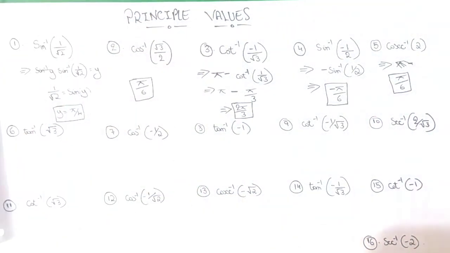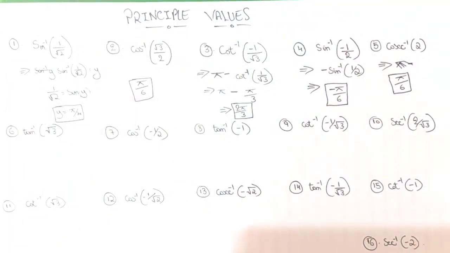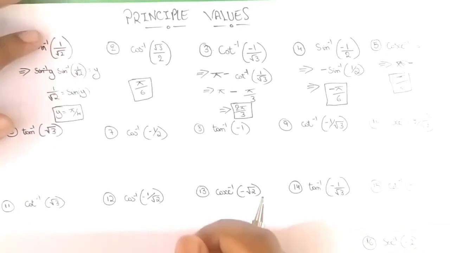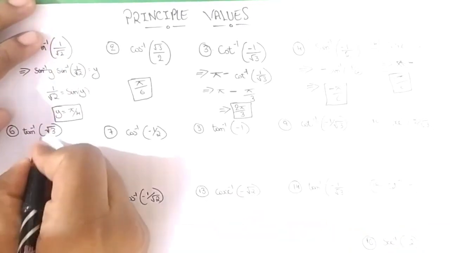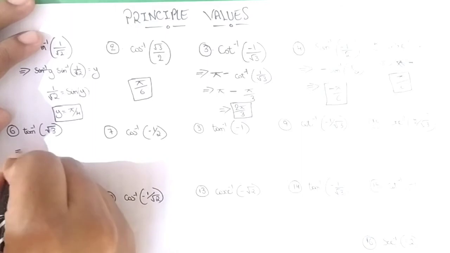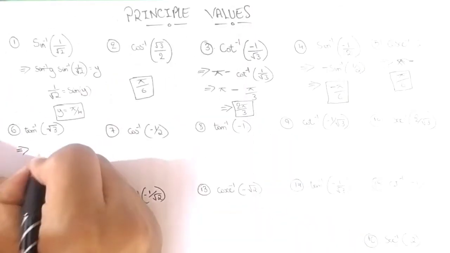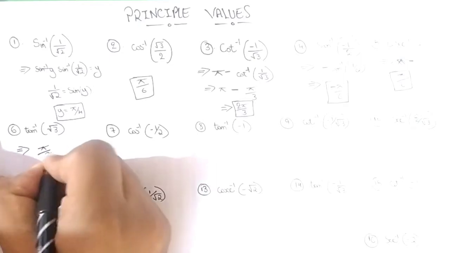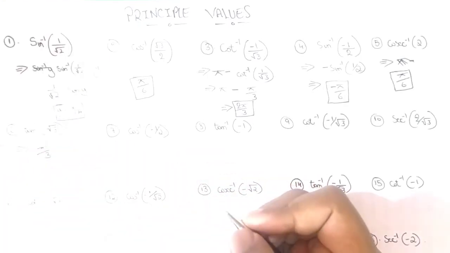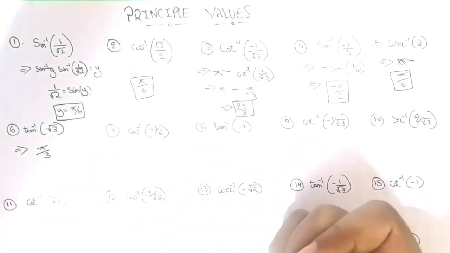Yeah, this is simple. Now moving on with the sixth question. Here, tan inverse of root 3. You know, there is no negative sign. It's all from the table. Tan inverse of root 3 is pi by 3. That's it. Now,